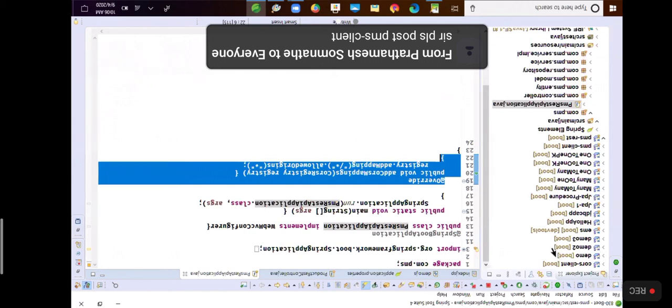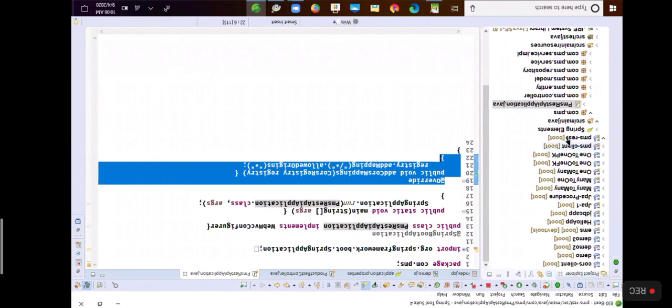What I'm going to post is the client application we completed yesterday through the RestTemplate object, and the cars client from today, which also contains JavaScript code running on the browser to access the Spring REST API available on a different server. I'll post 2 clients: one is a PMS client and the next one is a cars client. You can go through the code once, try to understand it and execute it.